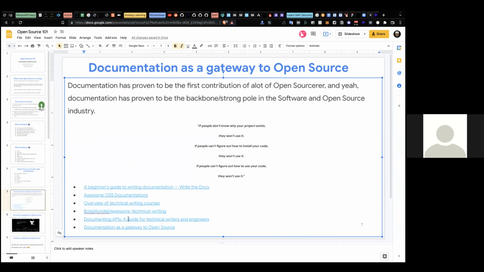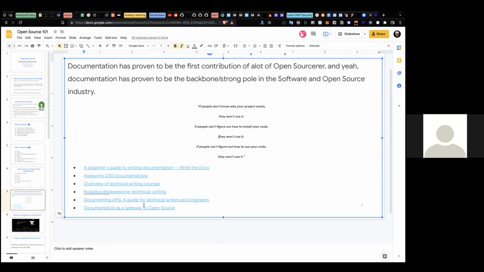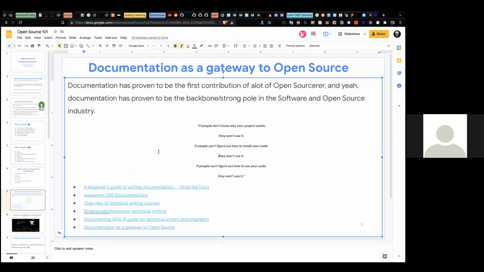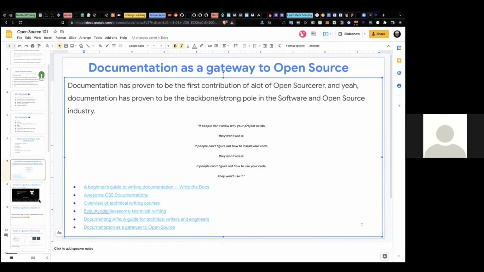Or maybe you can even help an open source project spin up documentation. So that's a guide for you. Documentation also has the API aspect, the niche. So you can easily break into open source by just contributing to documentation. Now, moving to the next slide,